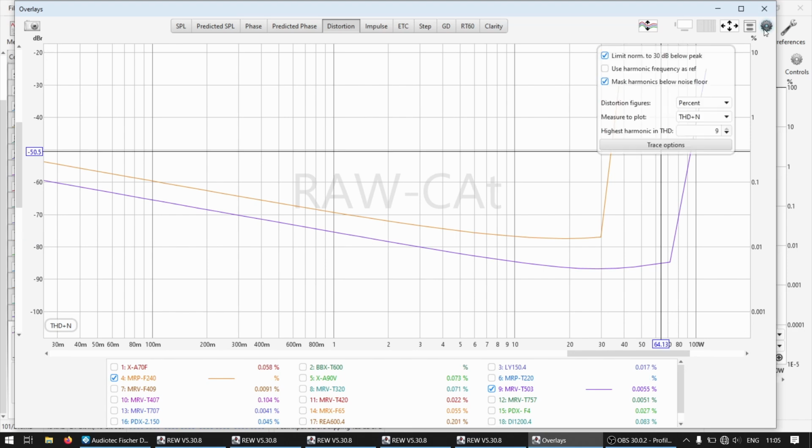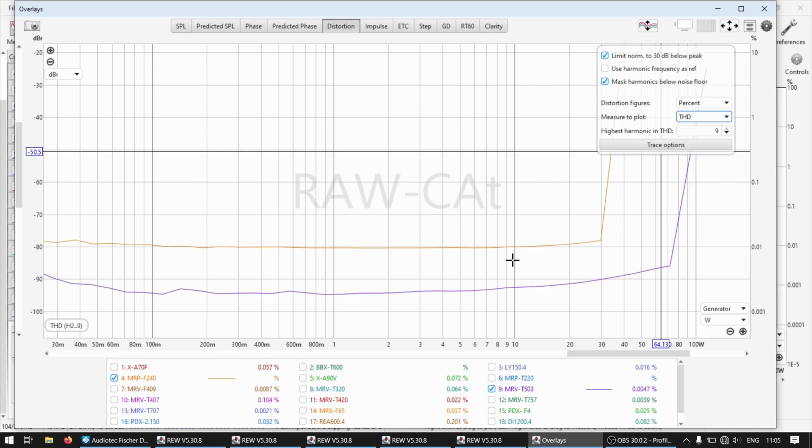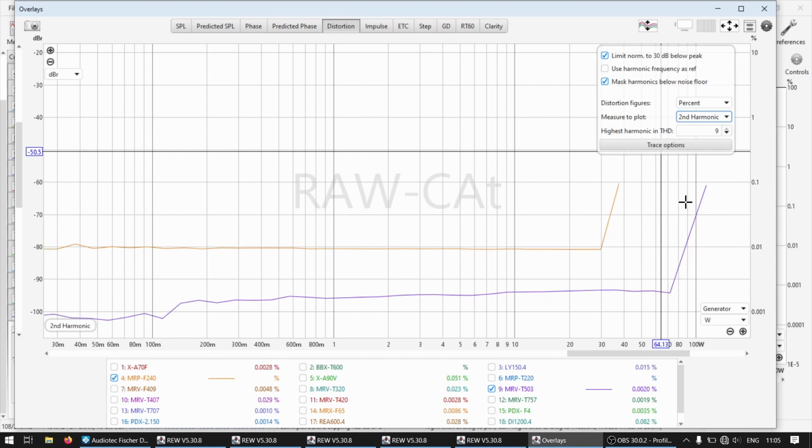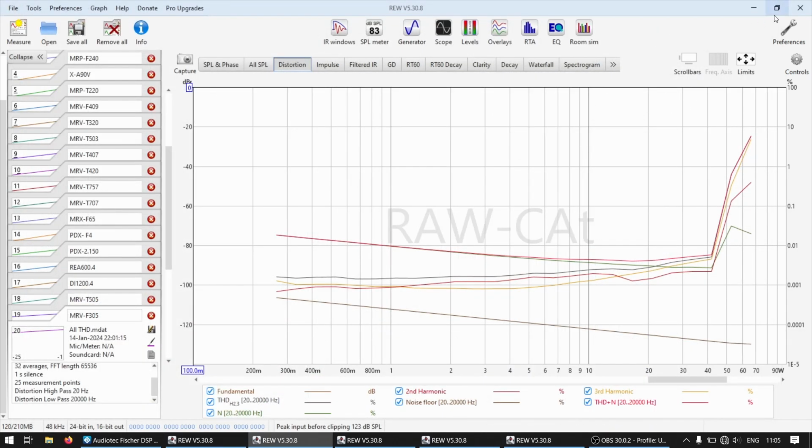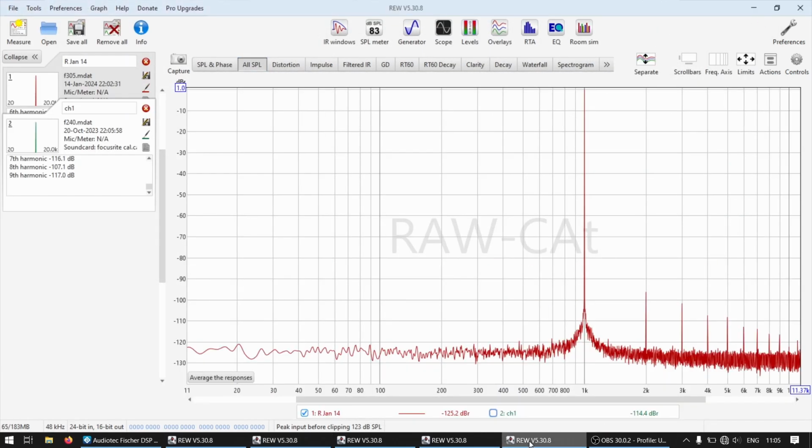So this is THD plus noise. Then if we go to THD, exactly the same, more than 10 dB difference. If we go to second harmonic, same, about 10 dB difference. So basically one amplifier is cleaner than the next, apart from the third harmonic. Here the lower wattage is kind of the same, but the higher is different. So basically these two amplifiers have a difference of 10 dB plus in everything. One is cleaner than the next. Now what I want to show you next is